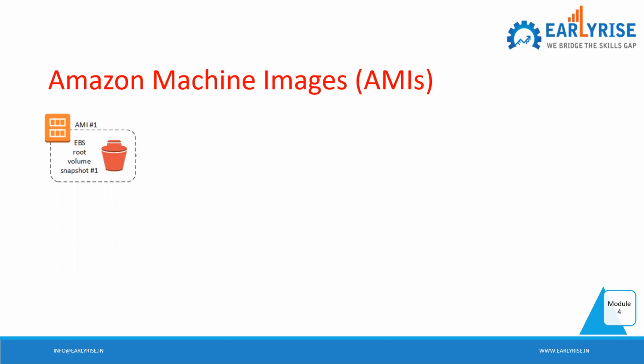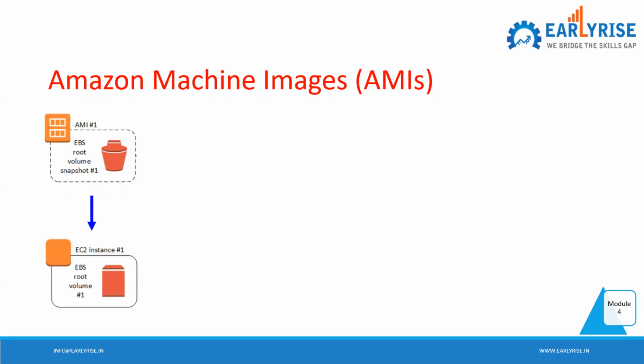So that snapshot, what will it contain? Your root volume or maybe additional volumes. That volume will contain all your operating system, your software, whatever. Now, with all those components, this AMI will become a particular template which will be useful for you. You can launch it when and whenever you need. You can have a choice of operating system, Windows or Linux. From this, you can launch your EC2 instance.